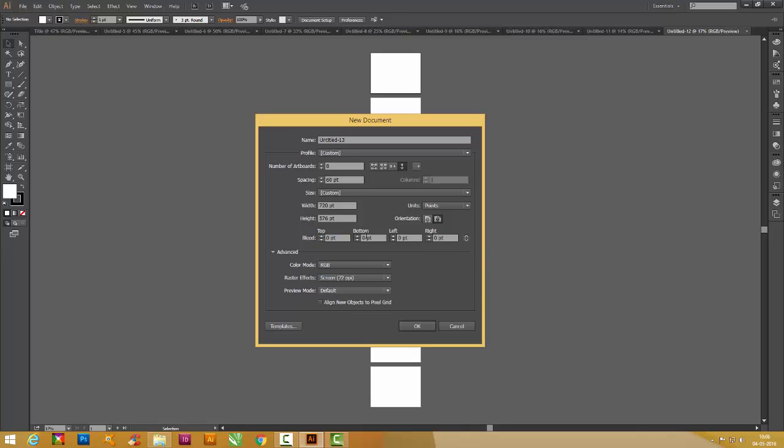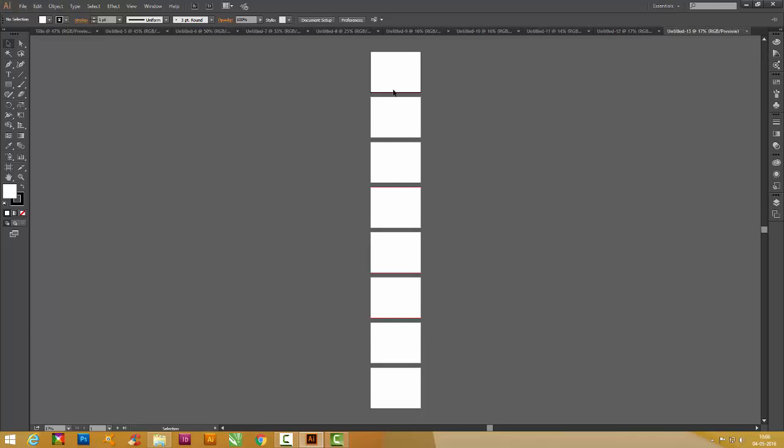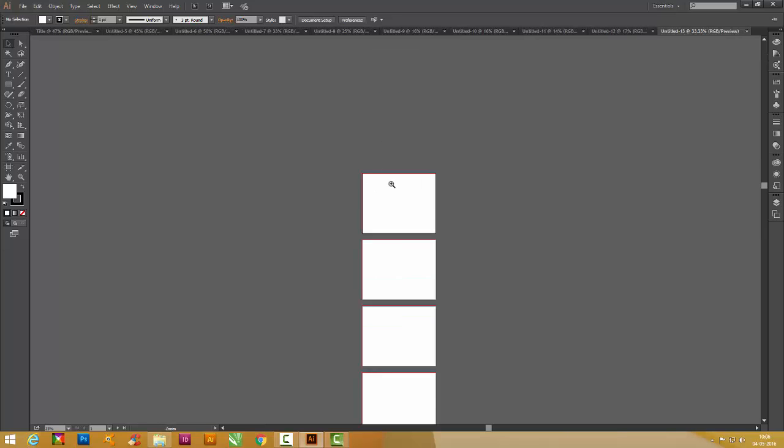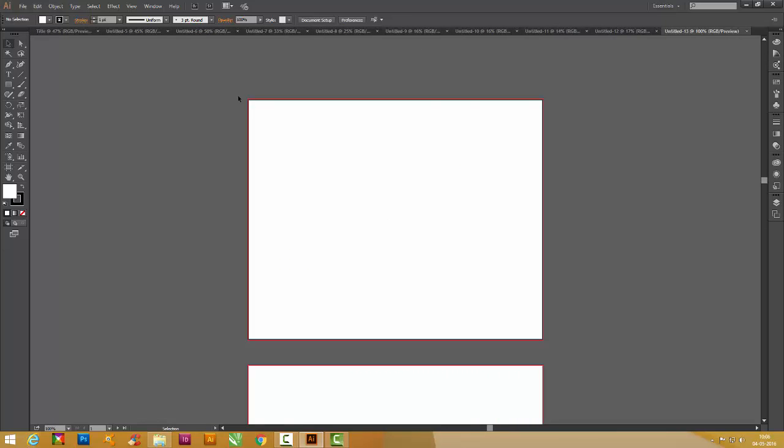If I uncheck it, then I can make each and every bleed individually controllable, like this. And if I link it, then I'll be able to control all the bleeds together. And when I have given a bleed, I'll get a regular border around my artboards, like this.